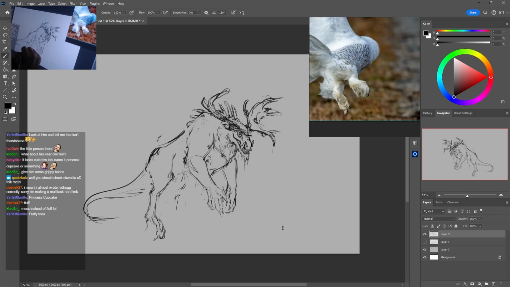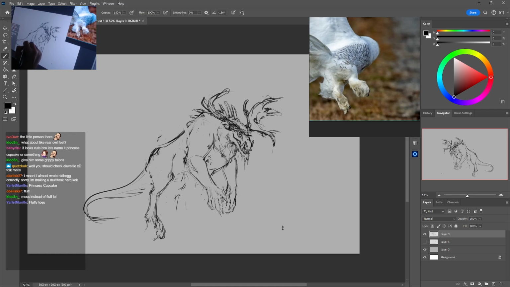I think give him like boots here too, maybe. Let's see what that looks like. Maybe it'd be too cute. So if it is, I'm gonna get rid of it. But kind of fits.